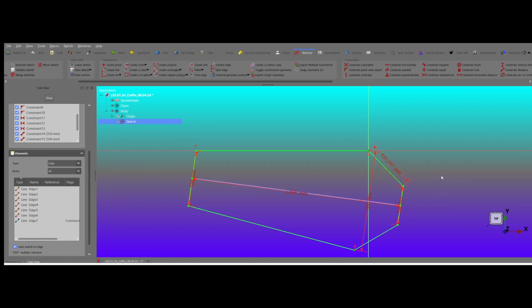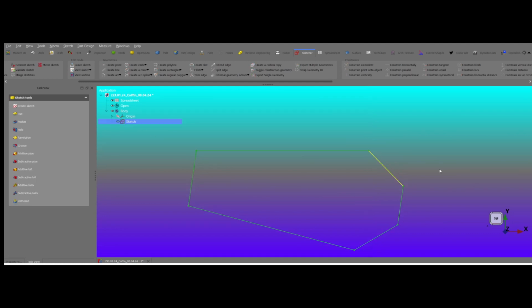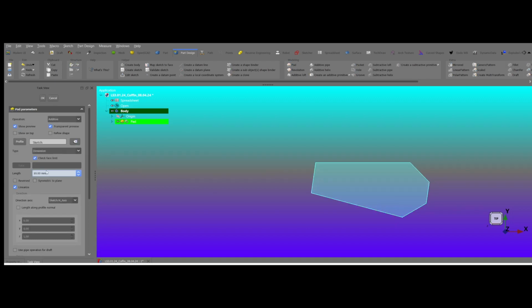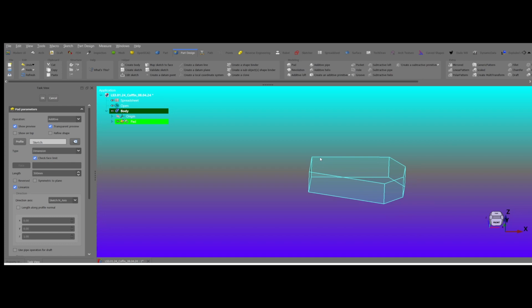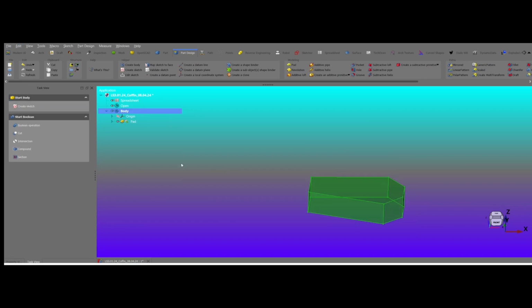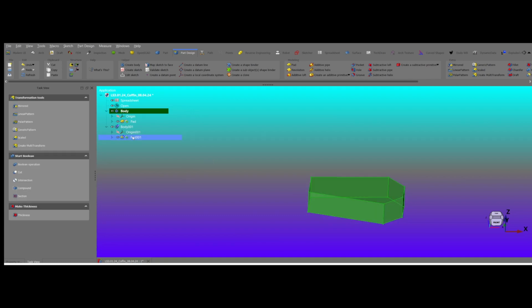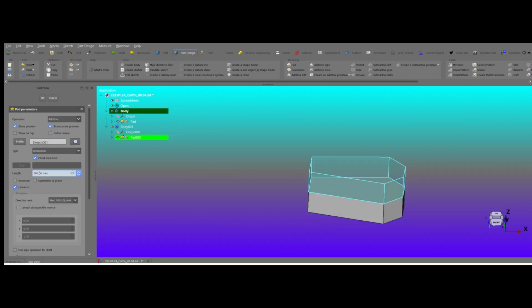Anyway, smart is what smart does, and as you can see, I purposely attached part of the sketch to the x-axis, and this will enable easy rotation of the lid later on. Let's pad the lower half of this box. Then it's easy to duplicate the body and reverse the pad to create the lid.